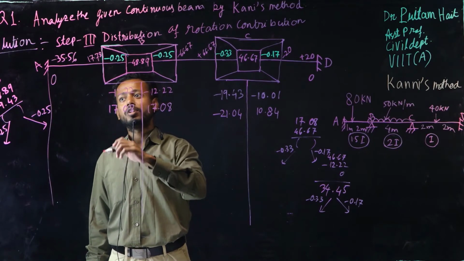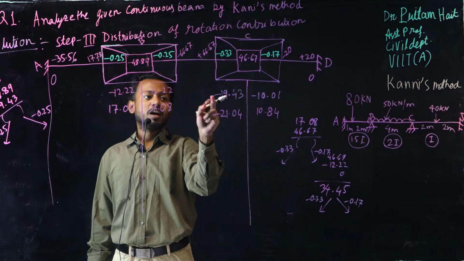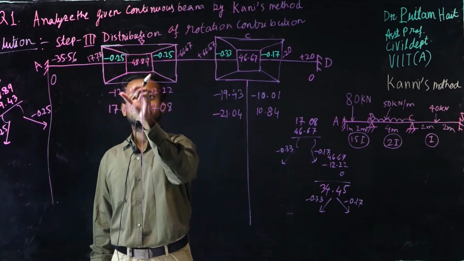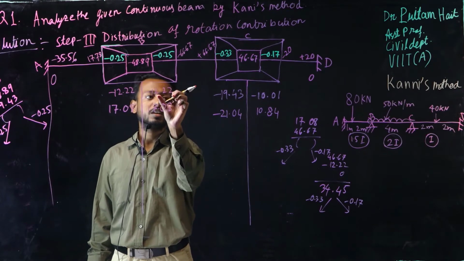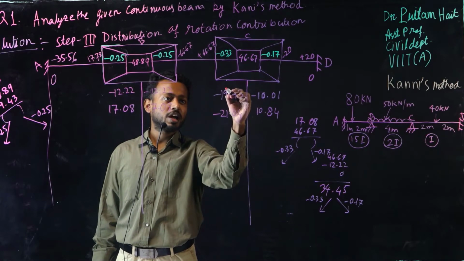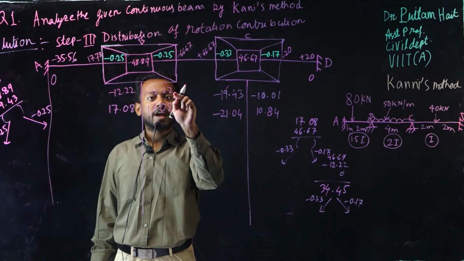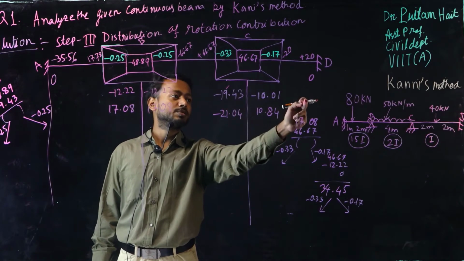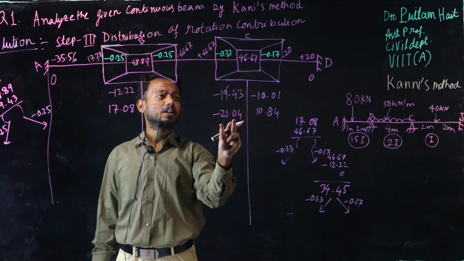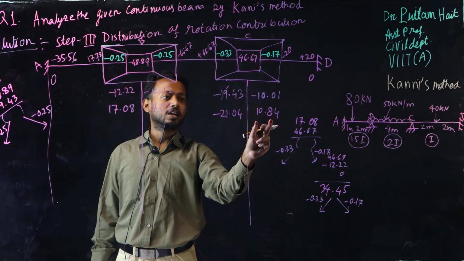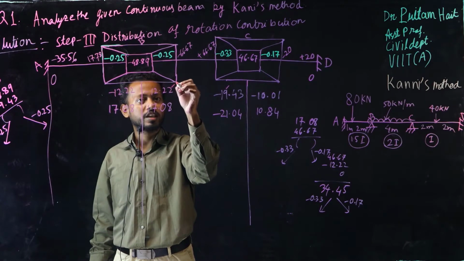So what we are doing is this moment plus this moment plus this moment, multiplying with this factor, and I am writing the result here, multiplying with this factor and writing it here. I have used this moment, so I will tick it, and I won't use this moment. Next step, add this moment and this moment, this is 0, multiply with this factor and write it here, multiply with this factor and write it here. I have used this moment, so I will tick it.